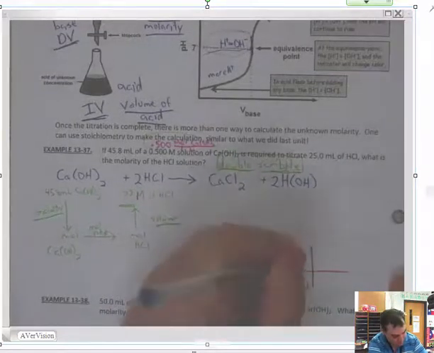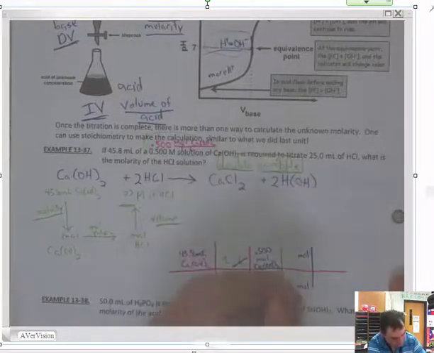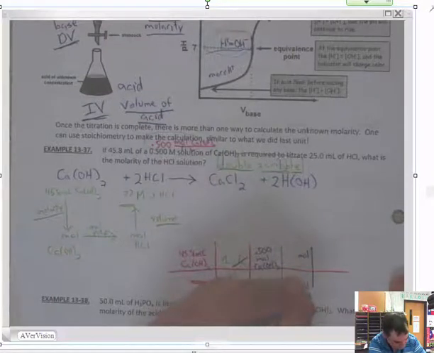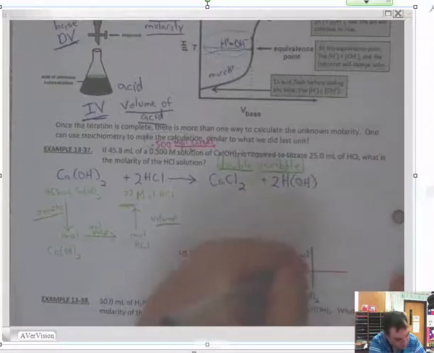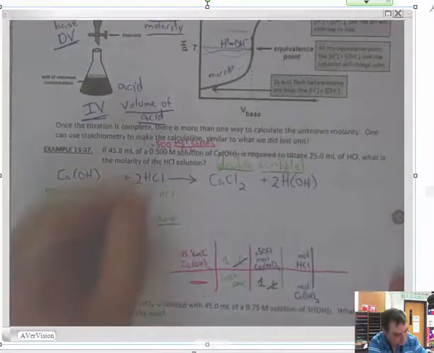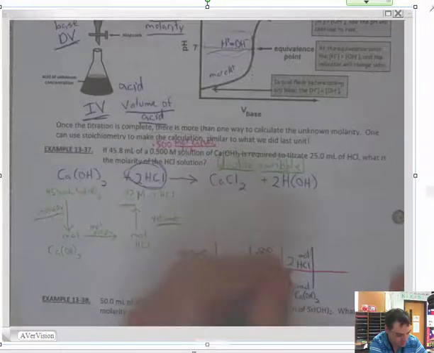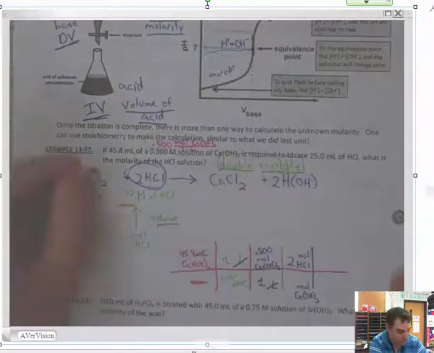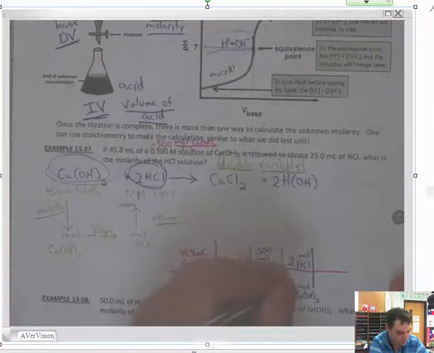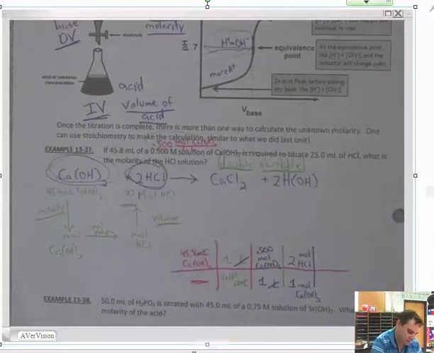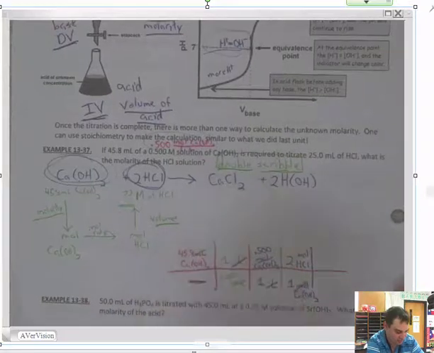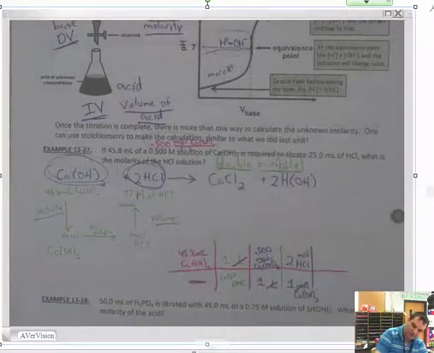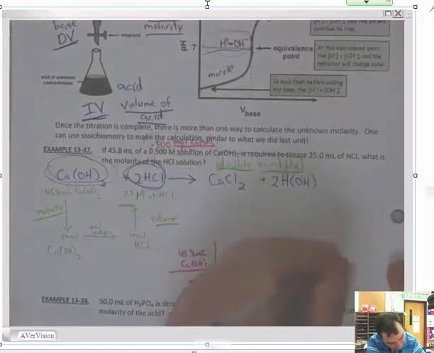Moles on the top, moles on the bottom. Calcium hydroxide goes on the bottom, and HCl goes on the top. Wham, wham, wham, wham, 2. Wham, wham, wham, wham, 1. Okay? And now we're going to do the double scribble thing here, because if we were to stop there, we'd be at moles. Now you can solve there and use your molarity formula, or you can put a scribble up